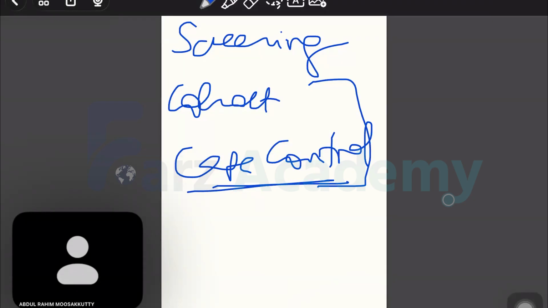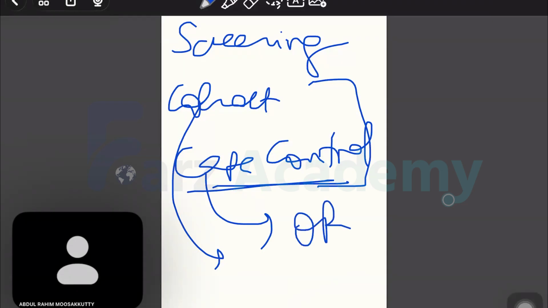What do you calculate in case control and what do you calculate in cohort? In case control, we find out the outcome and then look for the cause. In case control, we find out prevalence. In cohort, we find out the incidence. No, prevalence is something else. In case control, we calculate odds ratio. In cohort, we calculate relative risk.